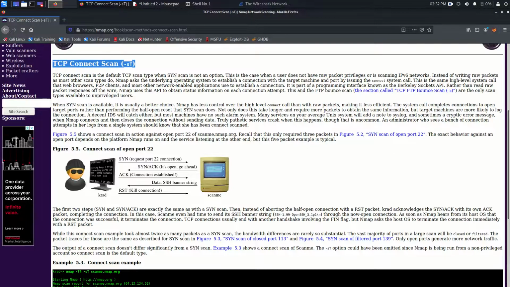The third difference is that with the finish flag there is no data loss, but with the reset flag the data is discarded. Meaning maybe there is some data which must go to the destination, but after sending the reset flag that data will be discarded. So these are the few differences between these flags.